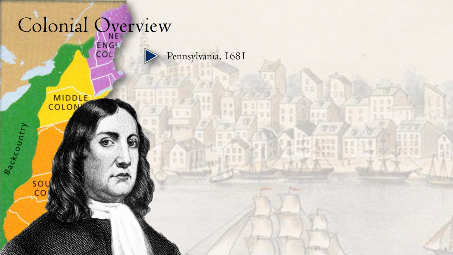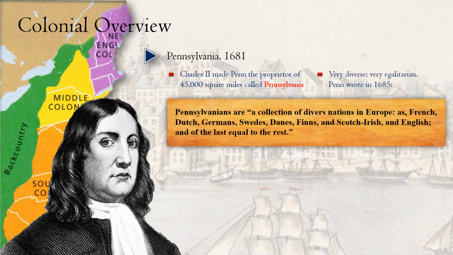So now we move on to Pennsylvania, which was formally founded by William Penn in 1661. Charles II made Penn the proprietor of 45,000 square miles called Pennsylvania, and it's going to grow beyond that. And it is very diverse, very egalitarian. And Penn wrote in 1685 that Pennsylvanians are a collection of diverse nations in Europe, as French, Dutch, Germans, Swedes, Danes, Finns, and Scotch Irish, and English, and of the last equal to the rest, meaning Penn really focuses on